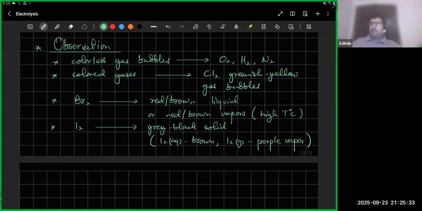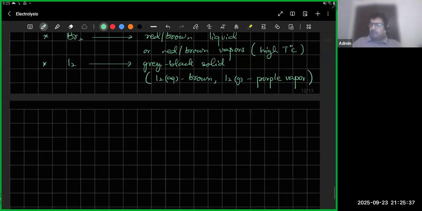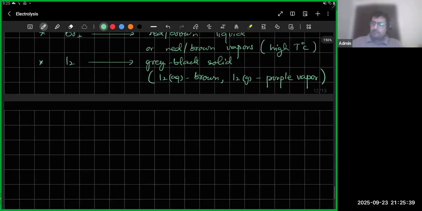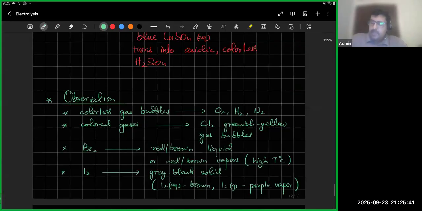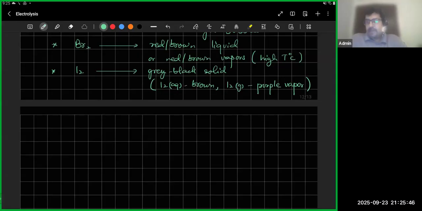You would have to watch out if they're talking about I₂ aqueous, that's going to be a yellow-brown solution or a brown solution. If they're talking about I₂ gas that's forming, it's going to be purple vapor. And if it's solid, then it's going to be a gray-black solid. Okay, what else? If metals form,